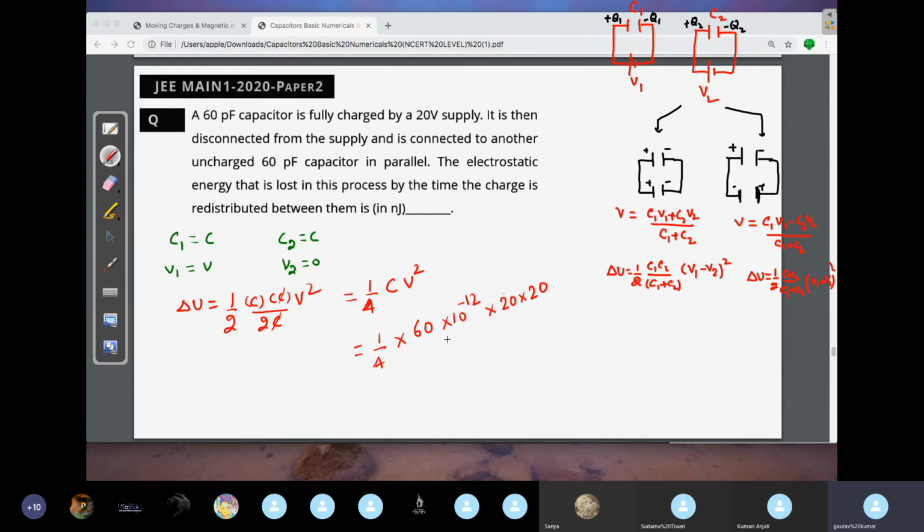चलो देखते हैं हम लोग क्या होता है अभी. So they have asked in nanojoules. Nanojoules means what? So you can club this 10, this 10, this 10 with this. You will get here 1 by 4 into 6 into 4 into 10 to the power of minus 9 joules, right? So what will happen here? This 4 will cancel. You will get 6 nanojoules. They have asked you in nanojoules. There is already written. You have to write 6 in the answer. This is the answer of the question.